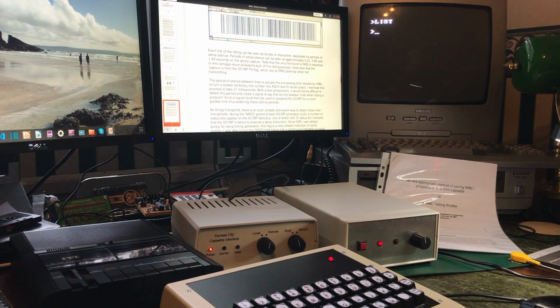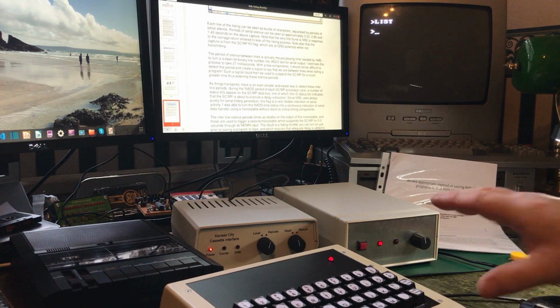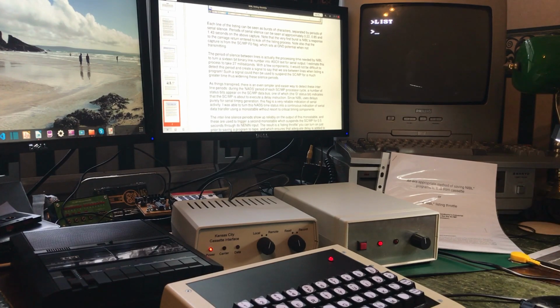What it does is there's quite a bit of gap, a silence, between each of the lines. That is about a 27 millisecond processing time. So you could think you could detect that period and then suspend the SC/MP while that was happening. But the actual technique that she uses, which is simpler, is during the NADS period of the SC/MP processor cycle,